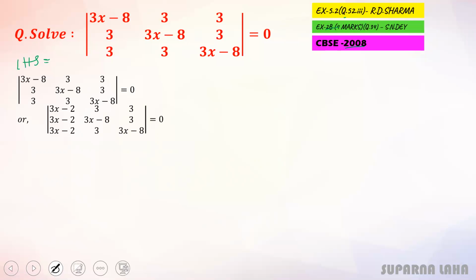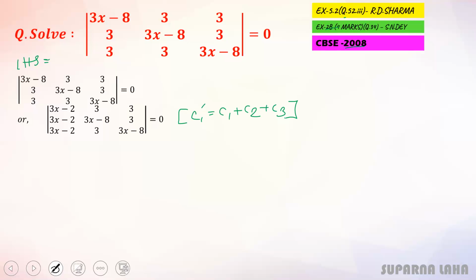So here I am taking this on column operation. You can apply this operation on a row also or a column also. Whatever is suitable for you and whatever is easier for you, apply any of them, and then go further to the next step. So here I am taking C1 dash is given by C1 plus C2 plus C3. Clear?